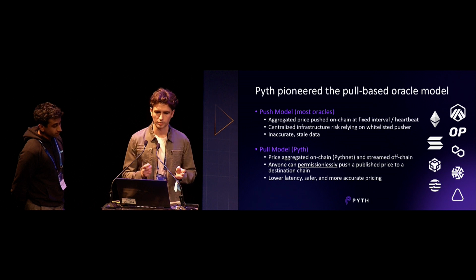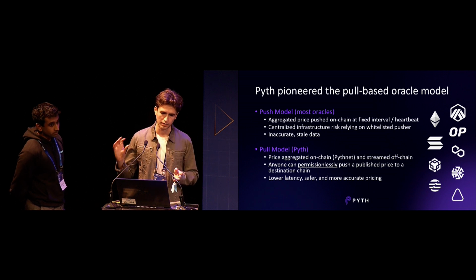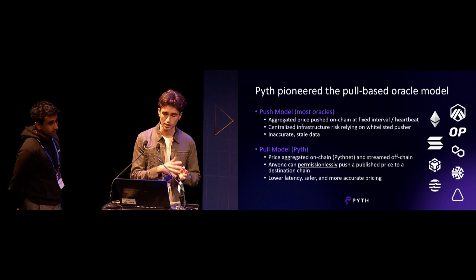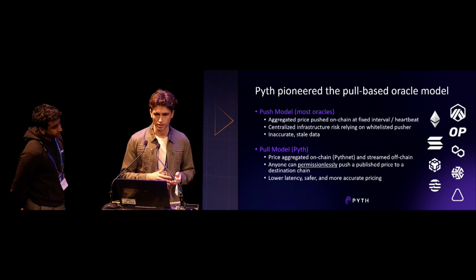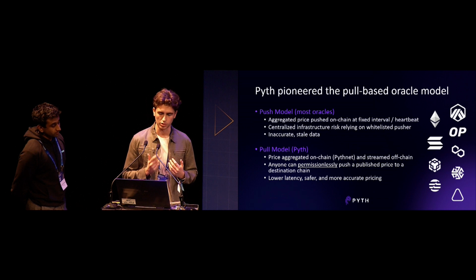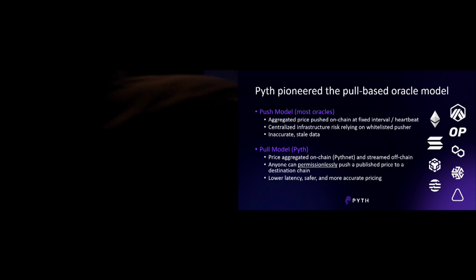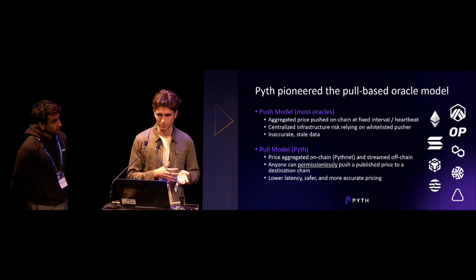So once that's verified, any entity, any person, no whitelisted entity, can effectively take that verified price and submit it to the Pyth contract at any point in time. What that unlocks is that, let's say I'm a user or a protocol doing something particularly latency sensitive, like pricing derivatives, then I can take the most up-to-date price, which would have been updated perhaps in the past second or so.